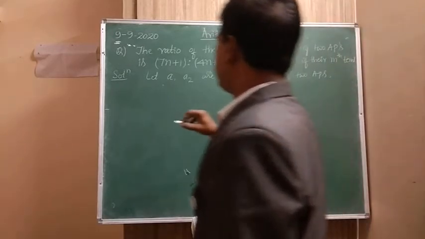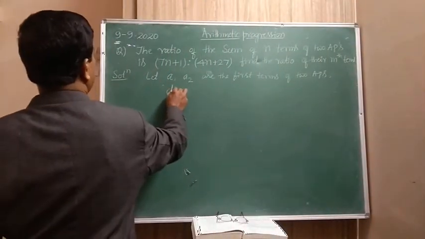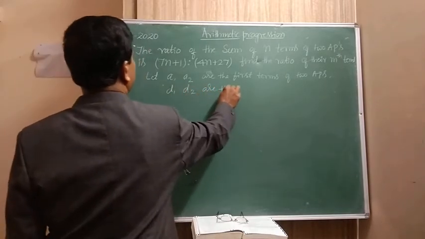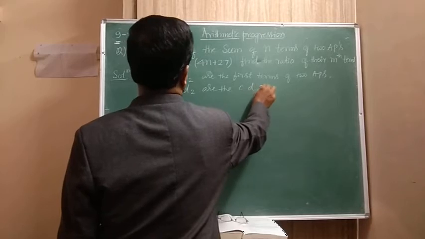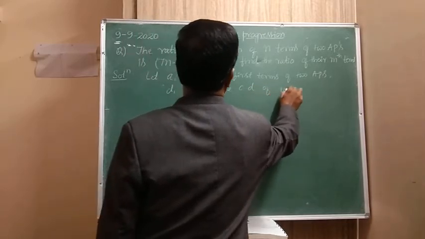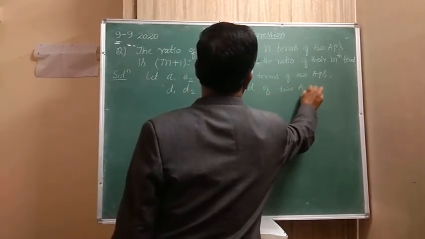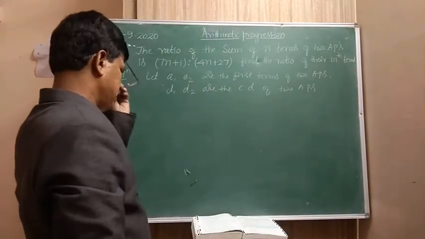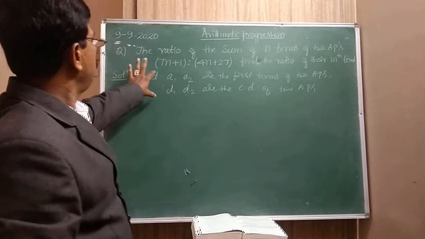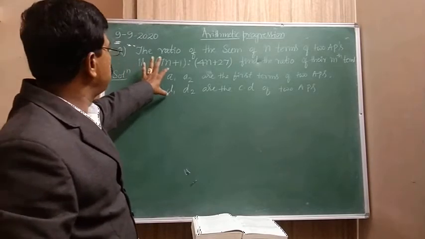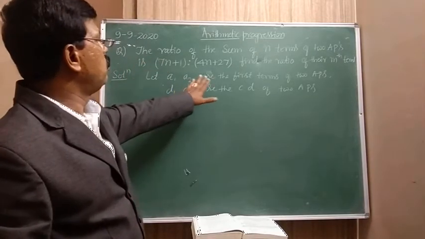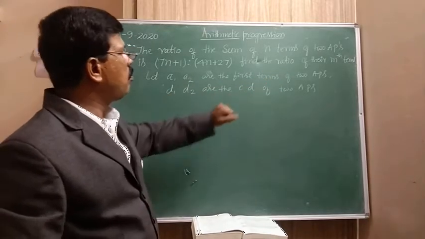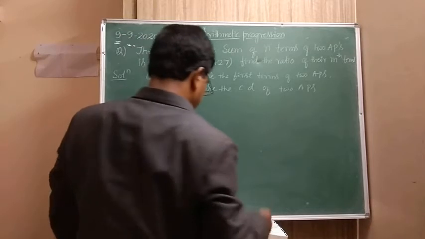D1, D2 are the common differences of two APs. Clear? Let us take first is like this. A1, A2 are the first terms of two APs and D1, D2 are the common differences of two APs. Then